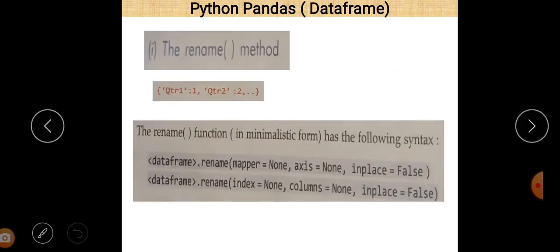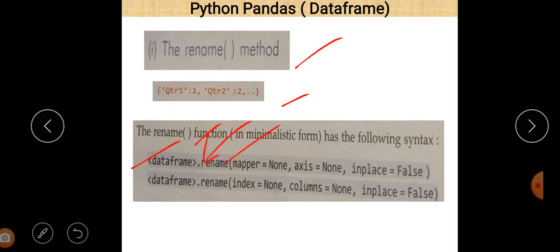So the first one is the rename method, and you can easily see here a data frame with the values qtr1 and qtr2. First of all we have to write the name of the data frame, then put the dot operator, and after that rename.